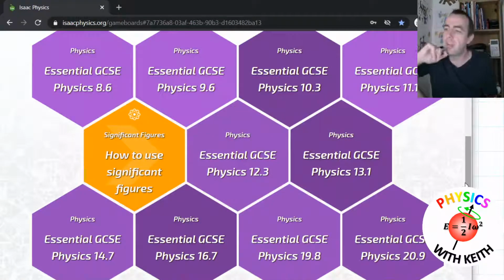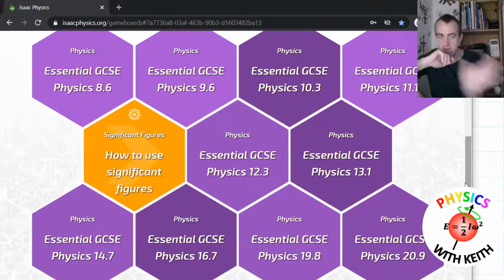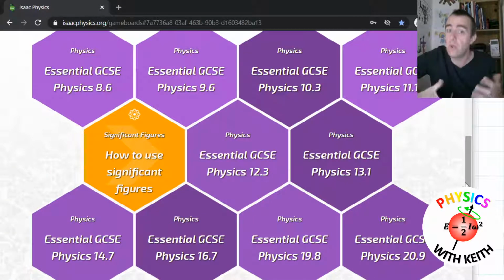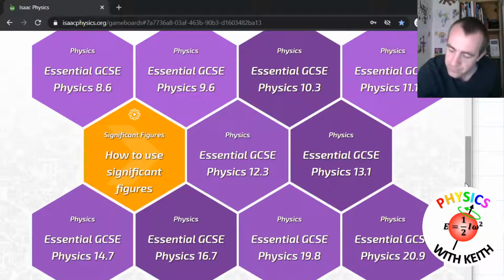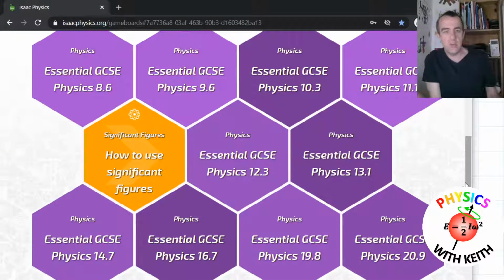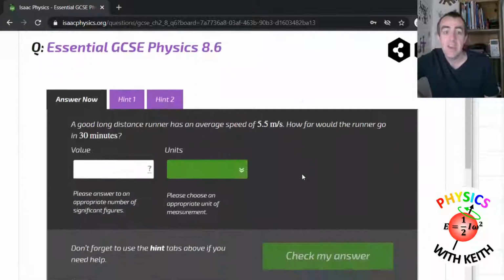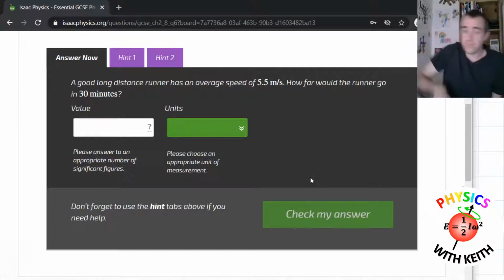I thought through this summer school we'd try something different. Rather than just drilling you to practice the ones as we go along, we would have lots of different sorts of questions, and we'd be able to identify very quickly if there are any that you need help with. Looking at this board of questions, you don't really know what the topics are about unless you know the topic numbers. If we start from the first one, 8.6, this is quite a straightforward question.